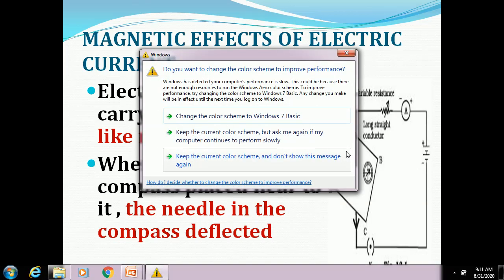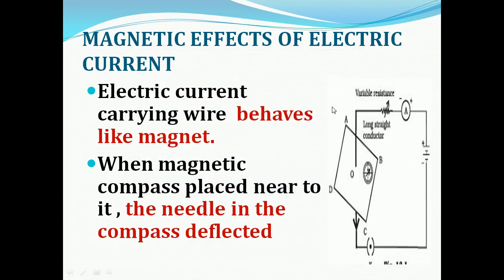So in this chapter we will study about the magnetic field and electromagnetic effects. Then we shall also study about electromagnets and electric motor, which involve the magnetic effect of electric current. And also we will study about electric generators, which involve the electric effect of moving magnets. So the whole chapter we are going to briefly study about the magnetic effects of electric current.